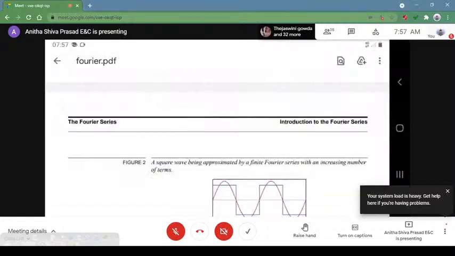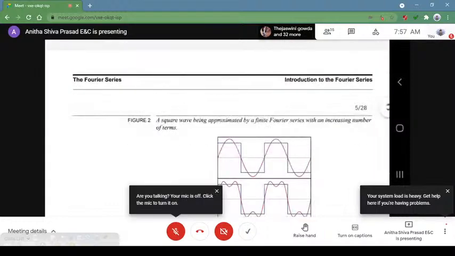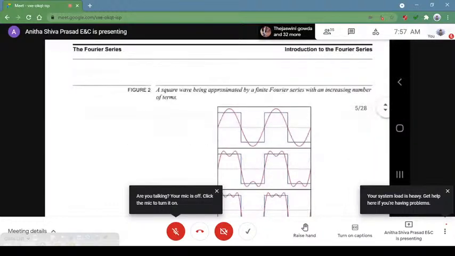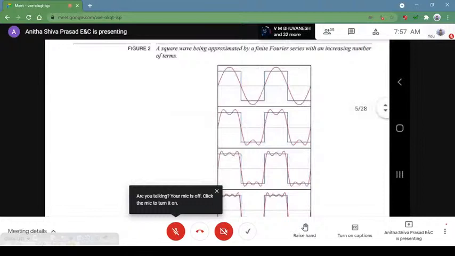A square wave is approximated by a finite Fourier series with an increasing number of terms. So it is an analysis of